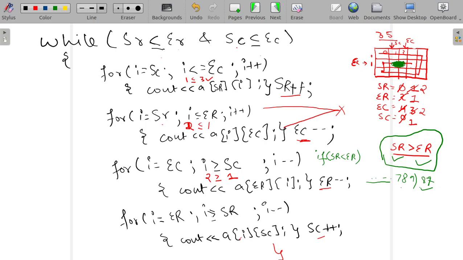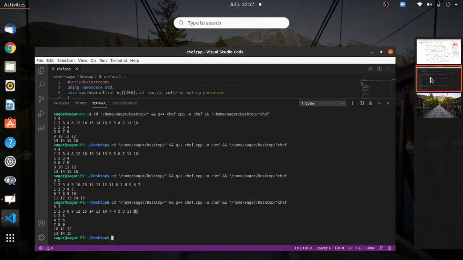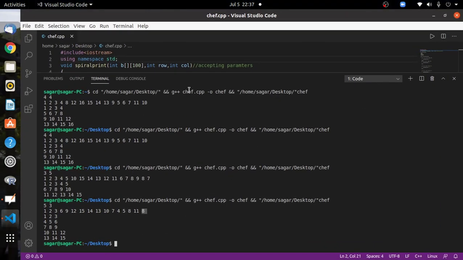So we don't want to do that. So to solve that problem, we will write an if condition: if start row is less than end row, only then we will print this part of the loop, otherwise we will not, right? So let's update that in our code and see if it overcomes the problem we are facing or not, right?